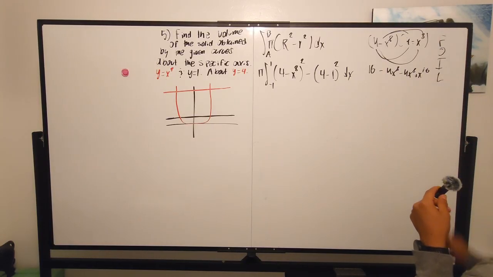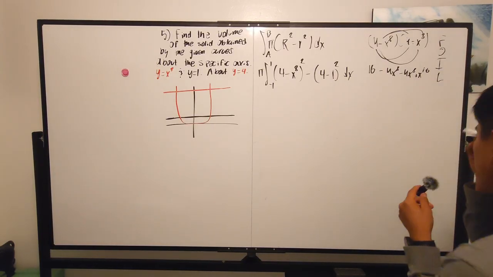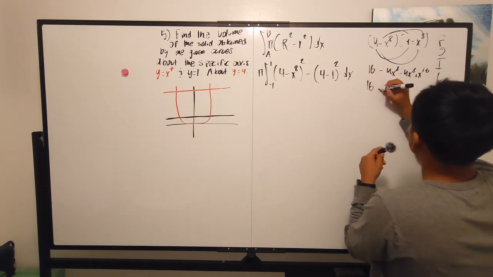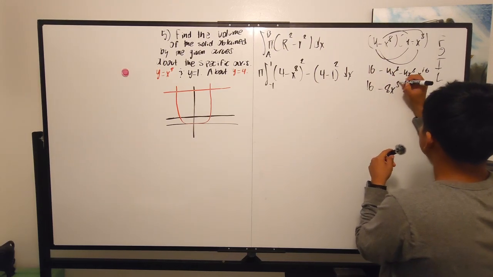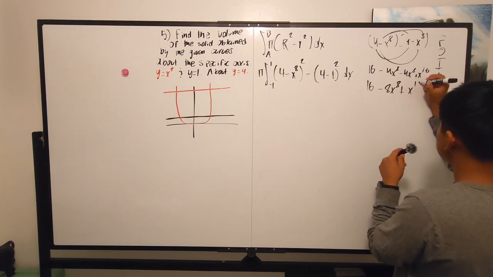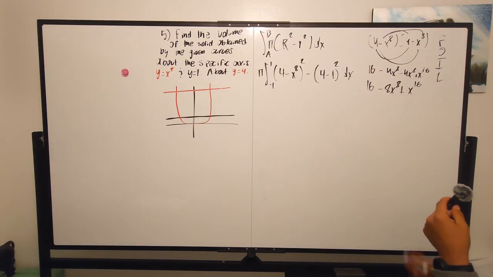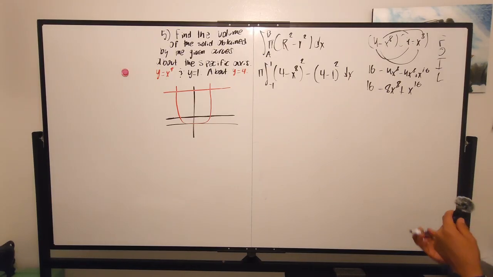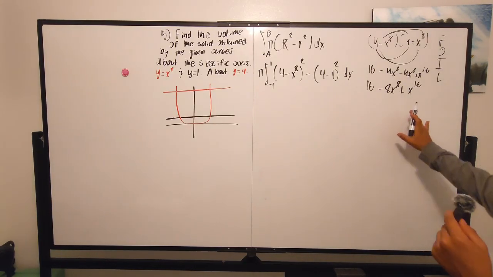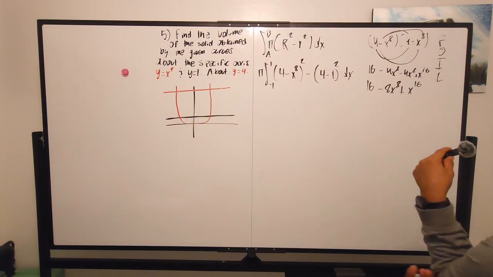So now we have this expanded out. Actually, we can simplify this even more. So we have 16 minus 8x to the 8th plus x to the 16th. And now we're going to combine this with this one, which is just a simple number. So that's going to be pretty easy. And I'm also going to rearrange these guys to make it look